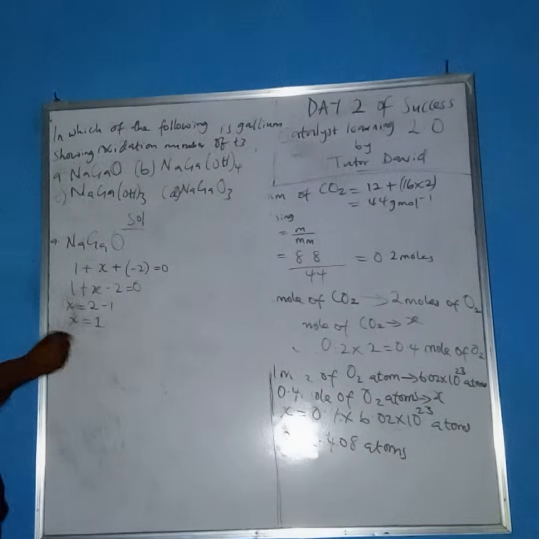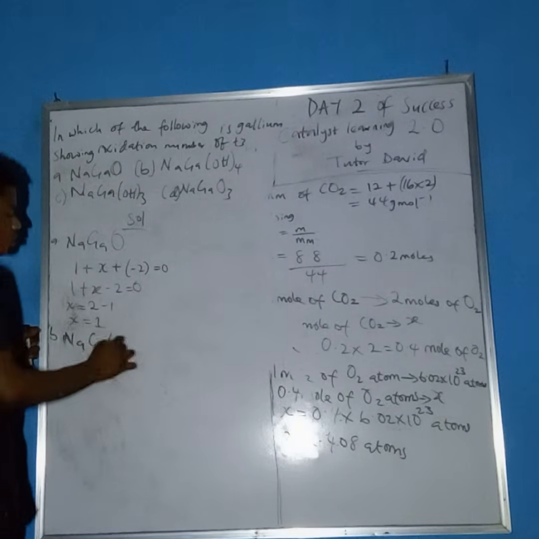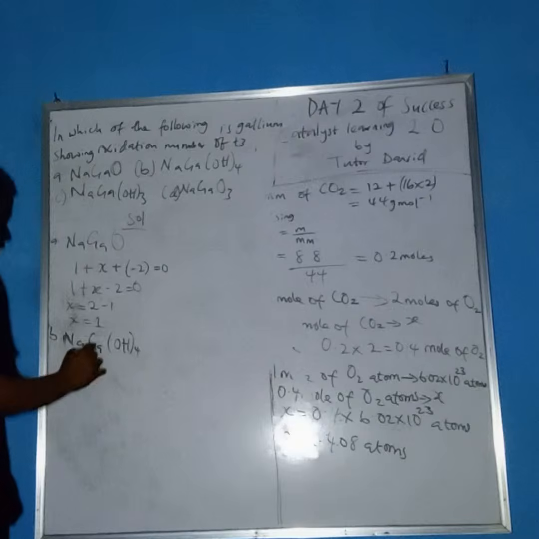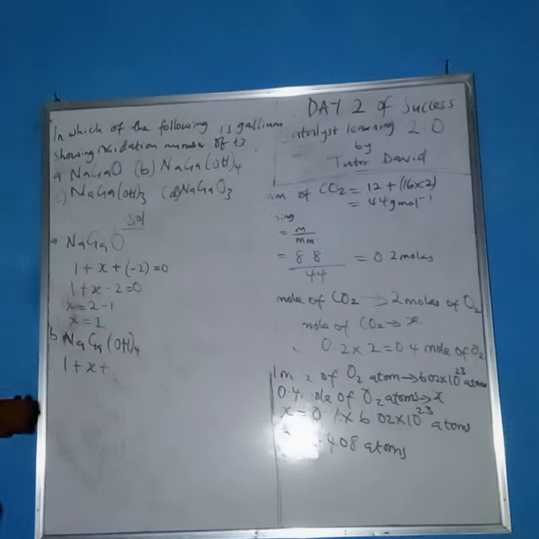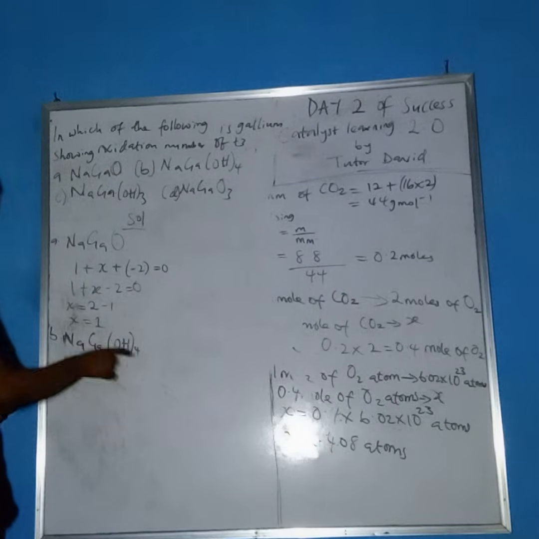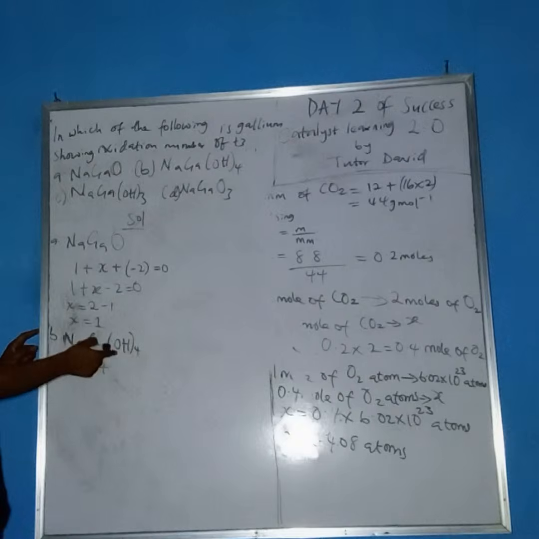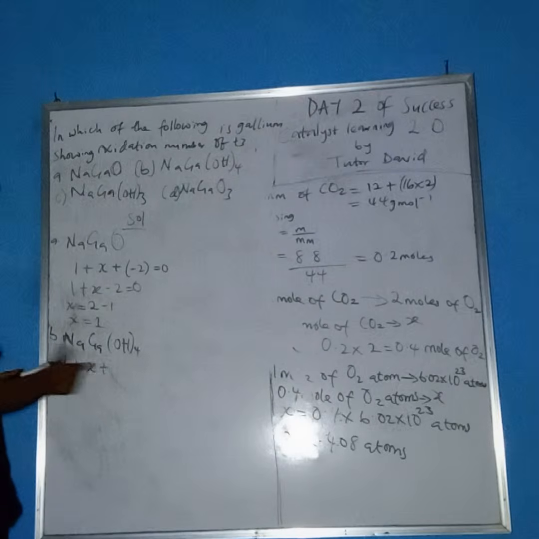So move to the next one, option B, let's solve. NaGa(OH)4. Sodium is also +1 here, plus gallium, X, plus oxygen which is -2. But how many oxygens can we see here? Take note, guys, this 4 that you can see here is affecting everything inside the bracket, the O and the H. So this becomes 1 plus X, which is gallium, plus oxygen,